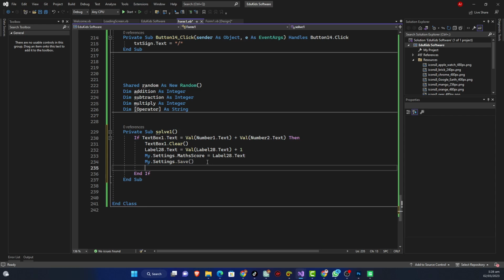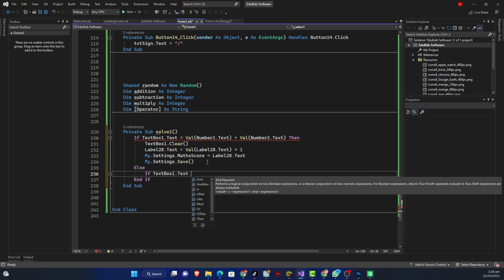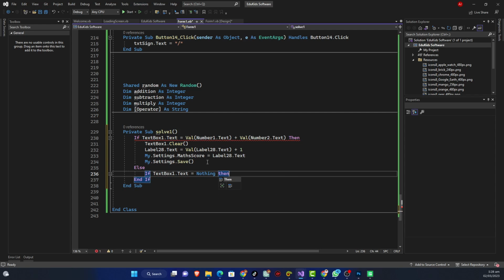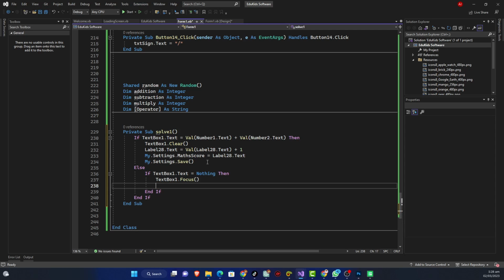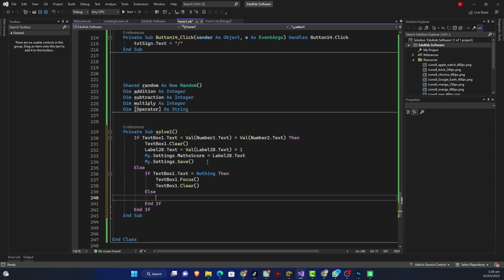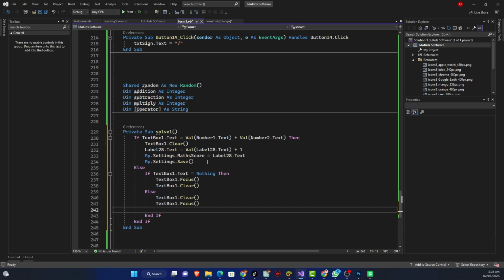Then we say else if our text box one dot text equals nothing, then we just want to say text box one dot focus. We are going to focus on the text box. Then we say text box one dot clear, like this. Then we say else text box one dot clear. Then you say text box one dot focus. Okay, now if that should be the case, then